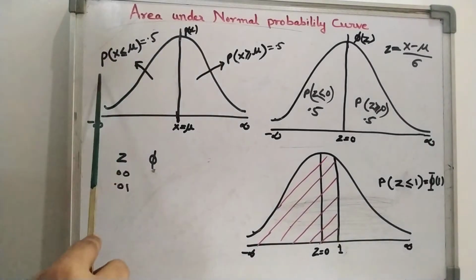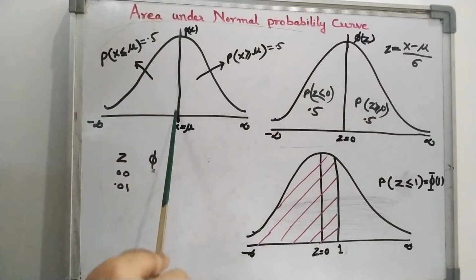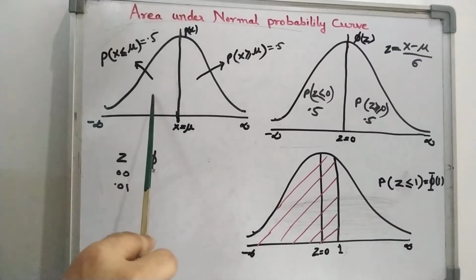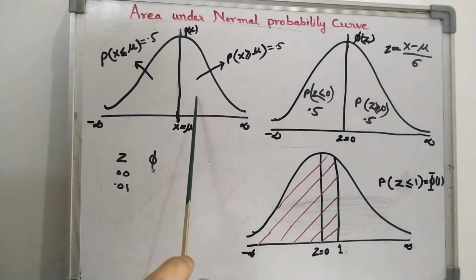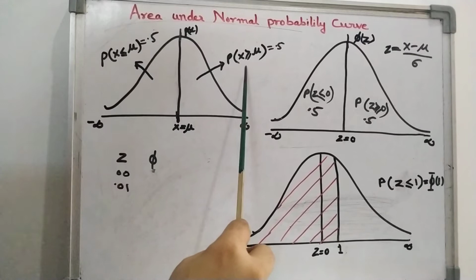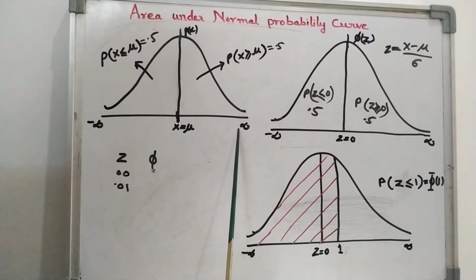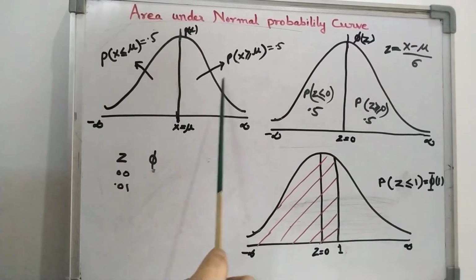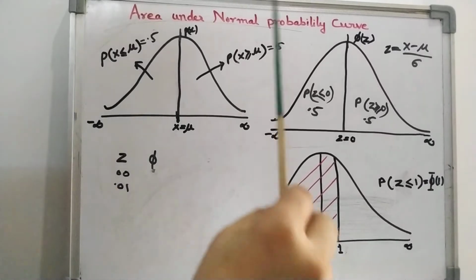Now, this area is 0.5, because this is the middle position. So, either of the areas is the same, so this area is half, and we write 0.5. Now, look here, this part is denoted as probability of x greater than or equal to mu. So, it is from here to here, and again this area is half. So, we can write 0.5 here. So, we get these values, but for other values we need to standardize this curve.